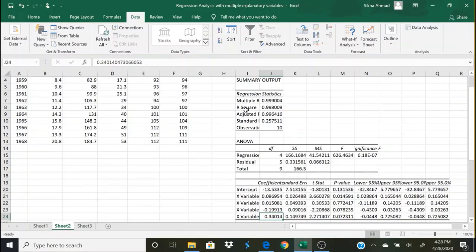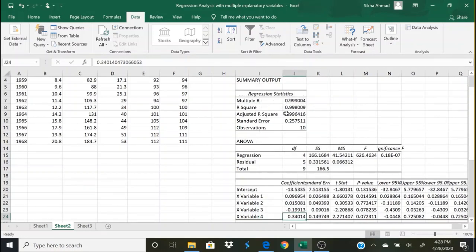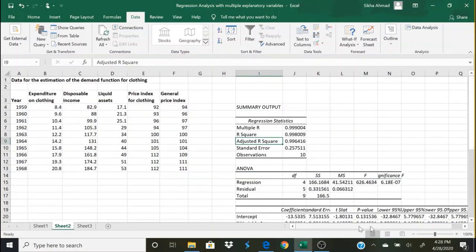Then if you just look at the R-square value, since that is also a first order test for testing the parameters, R-square value is given as 0.99. So we can say that it is a good fit. Now, adjusted R-square generally is used for multiple variable linear regression models. So if you go back to the theory, you can just revise the adjusted R-square value and the R-square value. In both cases, we are having a very good fit here. So this is how you can run a regression, and accordingly you can give the interpretation for this particular model.